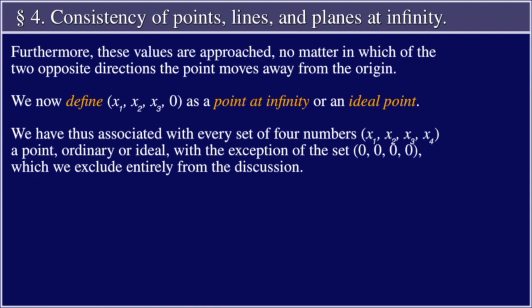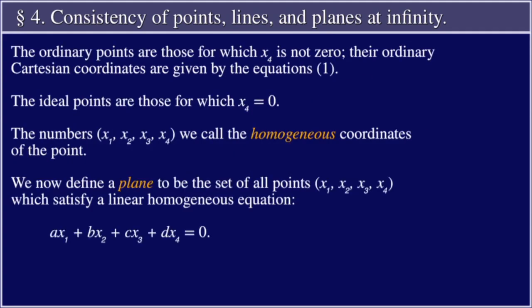We have thus associated with every set of four numbers, x sub 1, x sub 2, x sub 3, x sub 4, a point, ordinary or ideal, with the exception of the set 0, 0, 0, 0, which we exclude entirely from the discussion. The ordinary points are those for which x sub 4 is not 0. Their ordinary Cartesian coordinates are given by equations 1. The ideal points are those for which x sub 4 is equal to 0. The numbers x sub 1, x sub 2, x sub 3, x sub 4 we will call the homogeneous coordinates